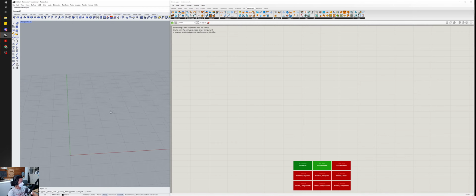Okay, so the first thing that we have to address before we get started with Kangaroo is that Kangaroo, like a lot of the plugins made for Grasshopper, is primarily made for mesh geometry. So you're not going to see a lot of surface NURBS and those kinds of tools being used. I think it's important that we spend a little time to be very clear about what the differences